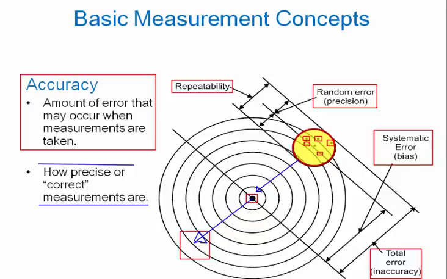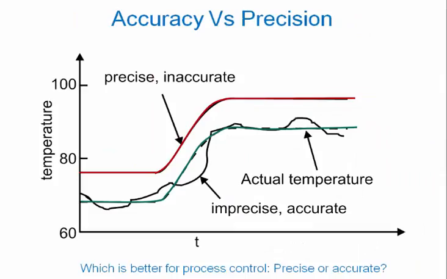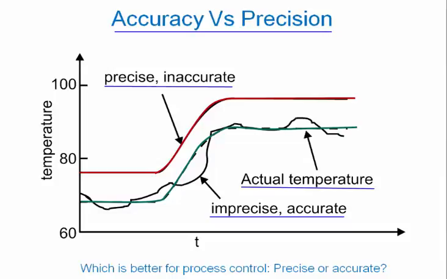But I'm afraid there's more to it than that. Accuracy versus precision: again, the problem we have is that we can have instruments that range from the precise but inaccurate to the imprecise but accurate. And so this way of explaining that the actual temperature we're trying to measure is there, but what we find is the instrument